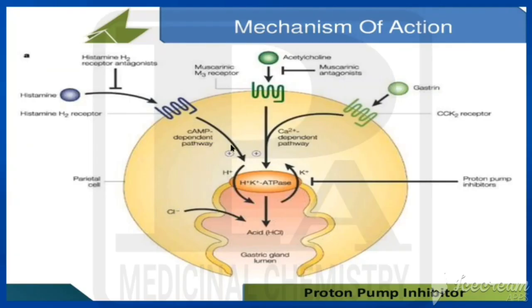So what is the mechanism of action of proton pump inhibitors? This would be the parietal cells. So what is the action? Proton pump inhibitors are prodrugs, so they have to be activated. Where are they activated? They are activated in an acid environment. So they are converted into an active achiral sulfonamide, which interacts covalently with the sulfhydryl group of the cysteine present in H+/K+ ATPase, that is the proton pump. Because of that we get a covalent interaction, and we get a complex, and that complex inhibits the proton pump. That is the real action that happens here.